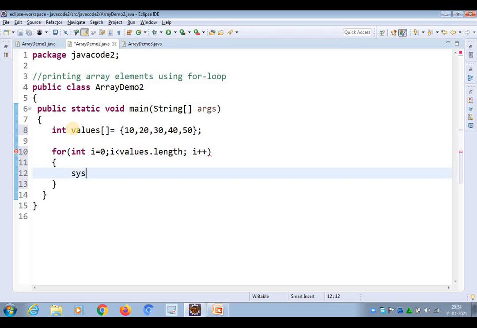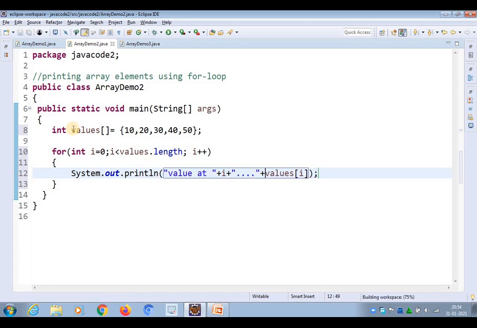Let's use System.out.println. In that we are using values of i. Now to print its indexes, I am using "value at" plus i plus some symbols.